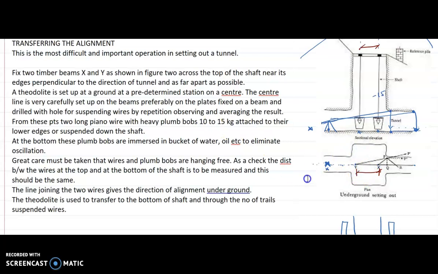Okay, so as a check, distance between the wires at the top and the bottom of the shaft is to be measured, and this should be the same. Line joining two wires gives the direction of alignment underground. Theodolite is used to transfer to the bottom of the shaft through the number of trials suspended wire. Okay, we'll stop here and continue in the next class.